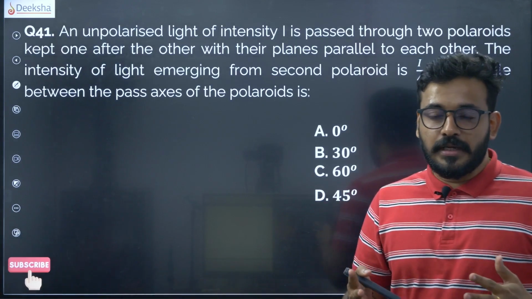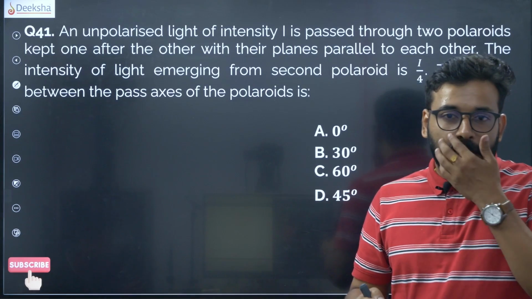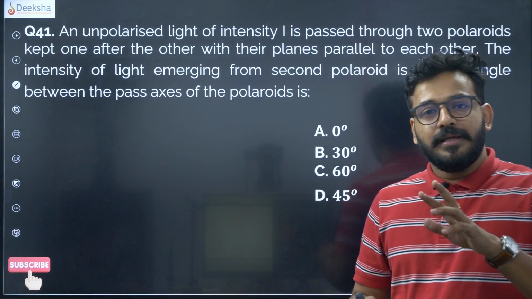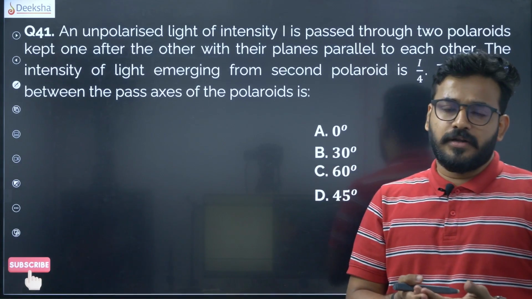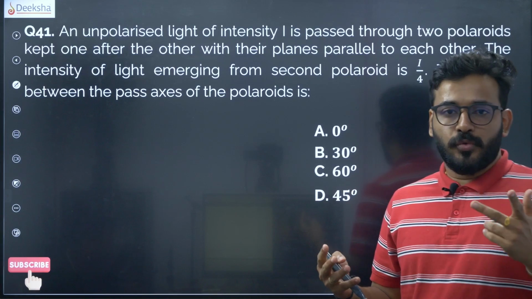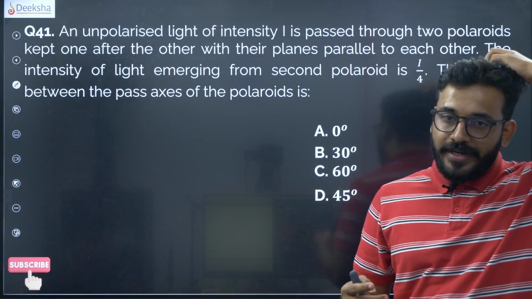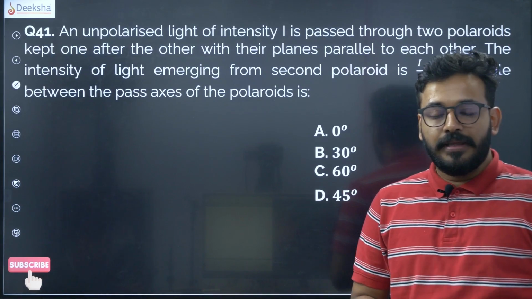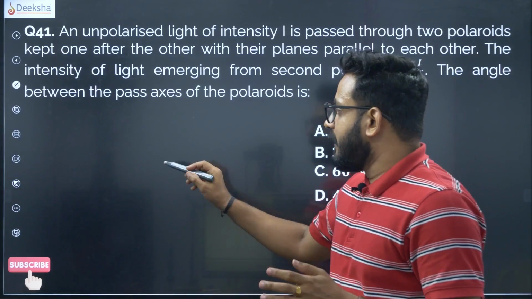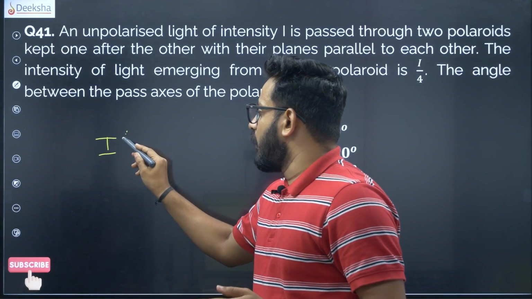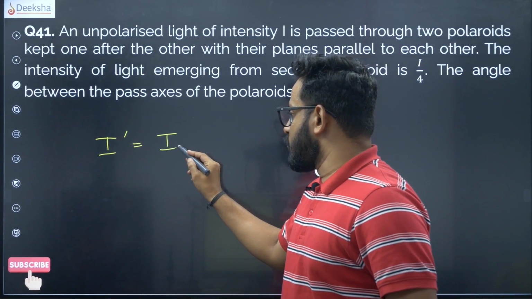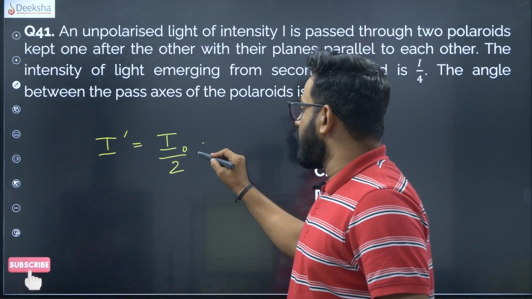But just to have an idea, you will have a polarizer, and then you will have another one, the analyzer, on the other side. So in this case we are having two Polaroids. The polarizer already divides the intensity into half, and then it comes to the other side. So this final intensity is equal to the initial intensity, which is already reduced to half, into